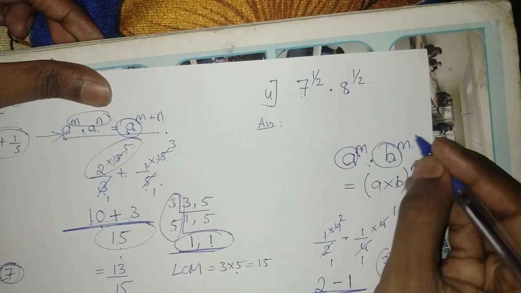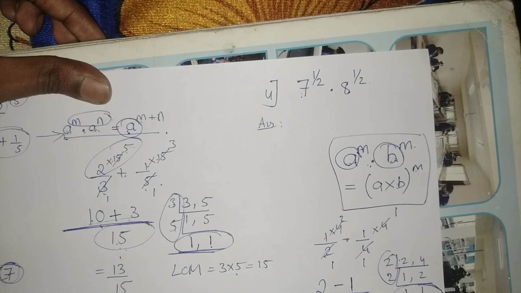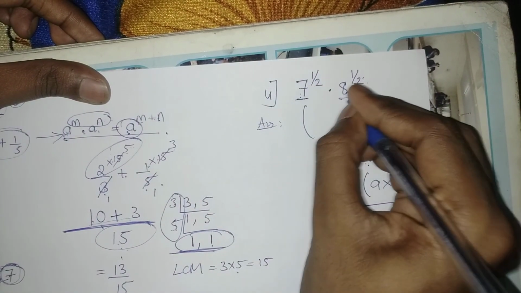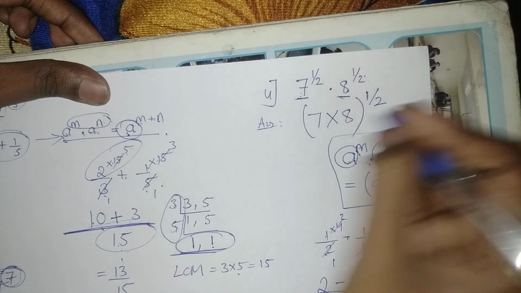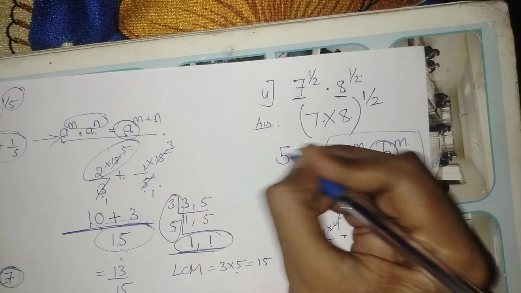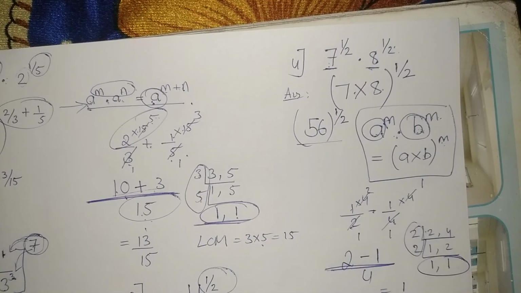So in this case, we are going to apply this law of exponent. Please mention the law always towards your right hand side because it carries marks. So same exponent we have. So I am just going to multiply the different bases, 7 into 8, and retain the exponent only once. What is 7 8s? 7 8s is 56, right? 56 power 1 by 2. Okay, so conclude your answer like this.